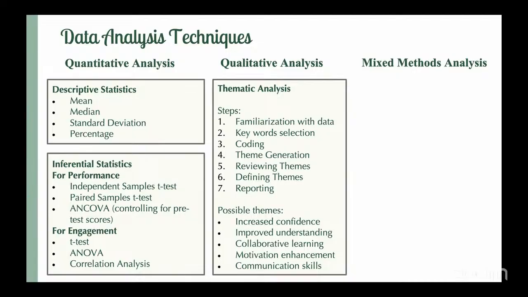Keywords. Then coding. Then you start coding them, in terms of putting these words into categories. Are they coming under performance? Are they coming under engagement? Are they coming under motivation? So you may have various kinds of words which come under a particular pattern. They show a particular pattern. You categorize them and start coding them broadly, and then you generate the theme, right?